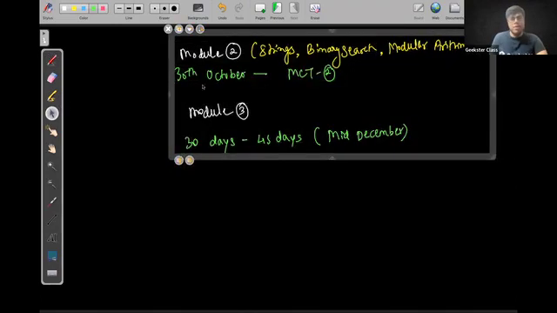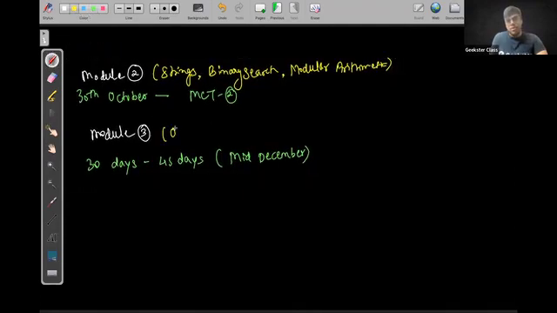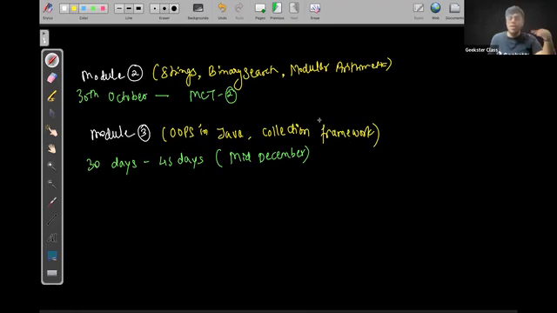In module 3, there will be object-oriented programming. There will be OOPS in Java, object-oriented programming in Java. And there will be the part of object-oriented programming that is nothing but the collection framework. You can say linked list, stack, queue, and all of this. Like basic idea, not in advance, because in advance, if you want to learn, you have to join the elite